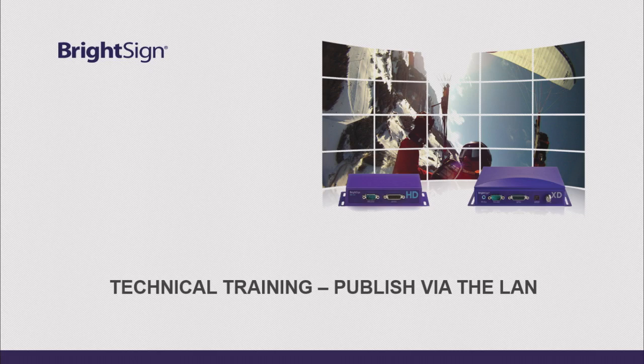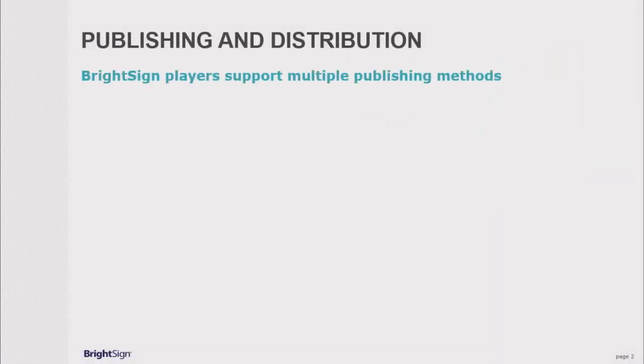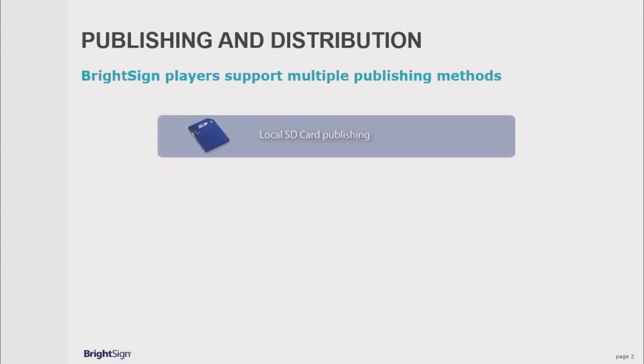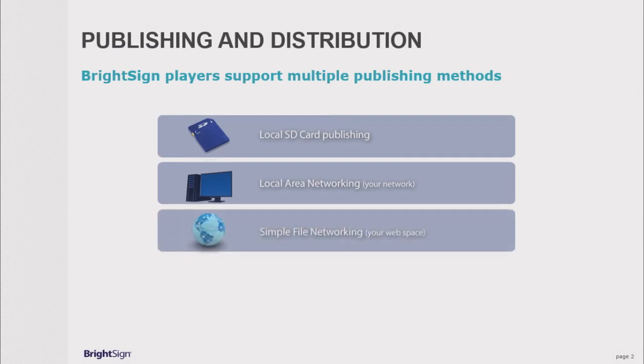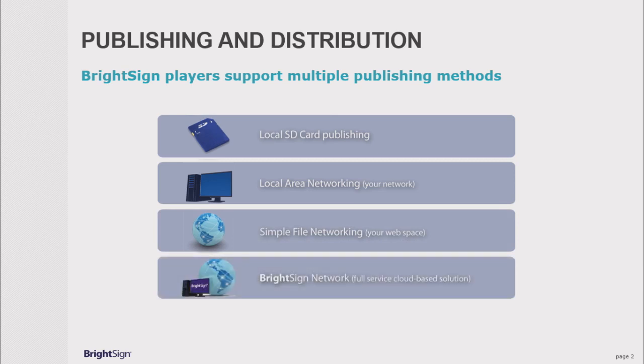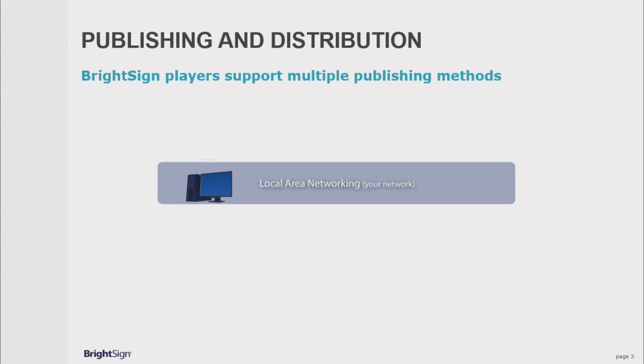In this module, we will take a schedule and publish it over the local area network to a player that is already set up. In earlier training, we've discussed the various publishing methods that are available to you. You can publish direct to a memory card. You can publish over the local area network, as we will do now. You can publish via simple file networking, which is to publish through a web server, or you can publish through the BrightSign network. But in this module, we'll focus specifically on publishing over the local area network to a player